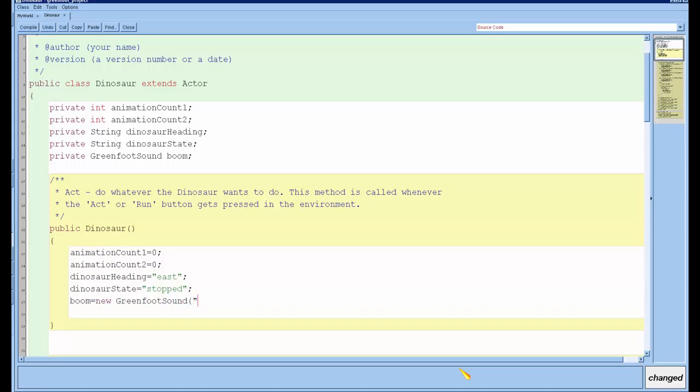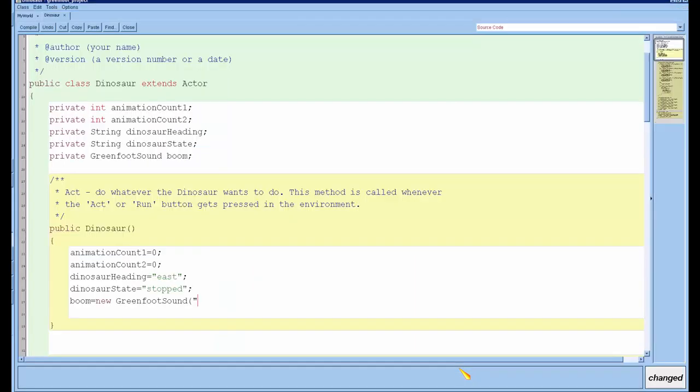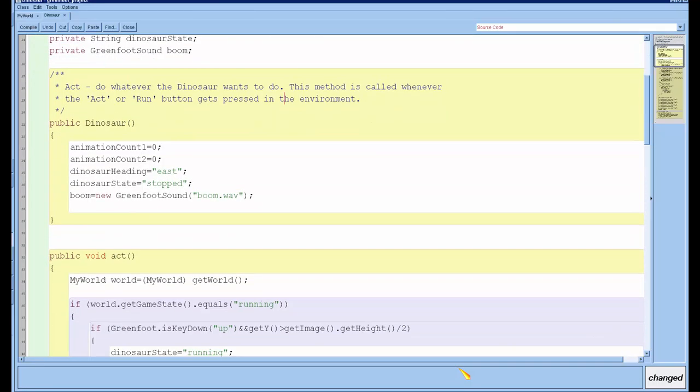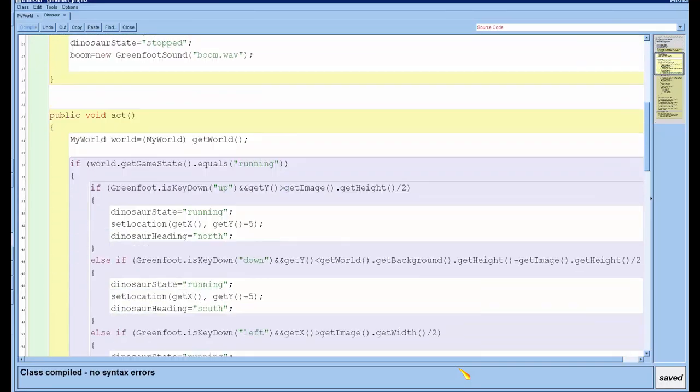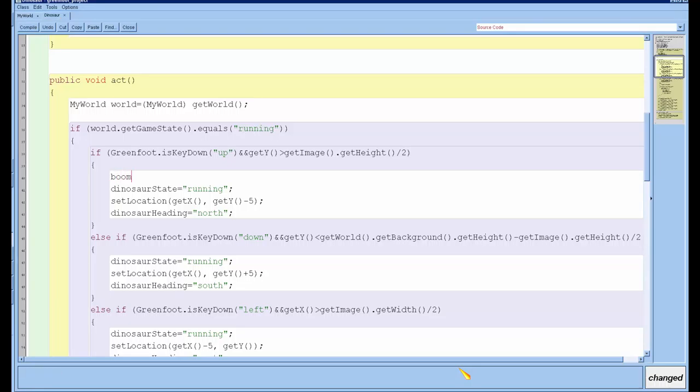Let me just rename it boom. Boom. There we go. Boom.wav. And then when the game is running, if boom isn't playing, then when they press one of the keys, play it. So boom.play.